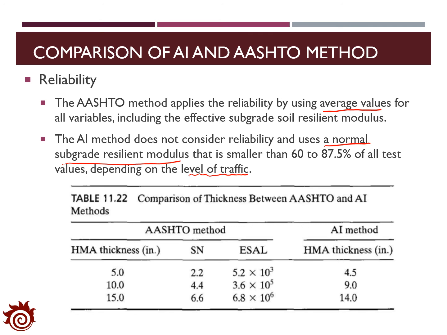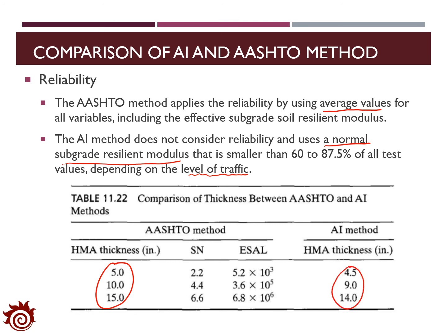The table below shows the comparison of the thickness from the AASHTO and the AI methods. Basically, you can see that the AASHTO method will estimate the thickness with a higher value compared to the AI